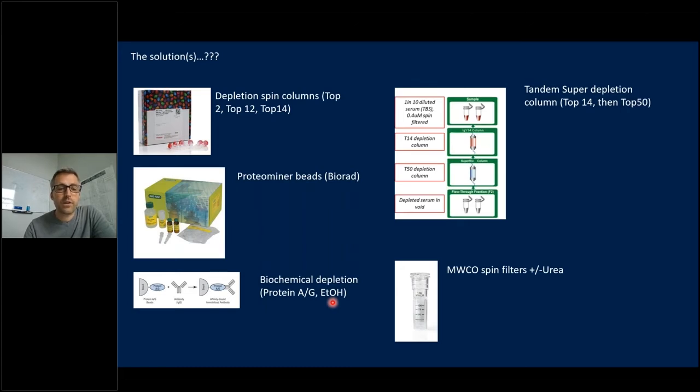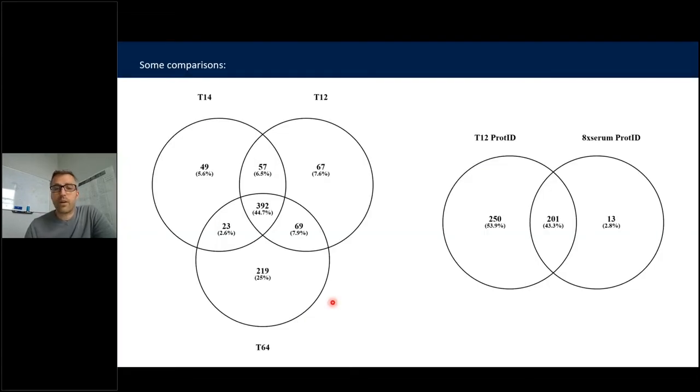That is very cheap, can also be done in semi-high throughput, and is actually one of the pragmatic solutions to deal with the dynamic range of the proteome in plasma. These are just some comparisons, and I don't have time really today to show you a lot of data, but